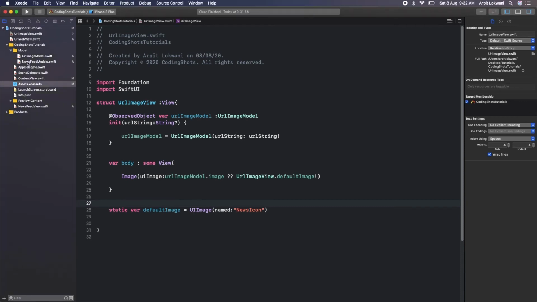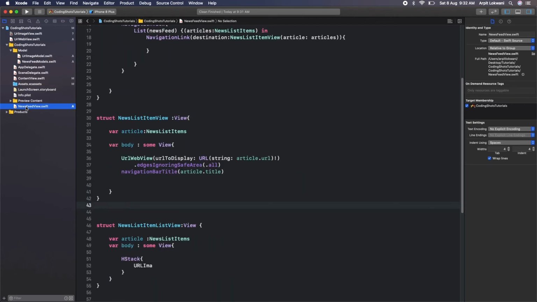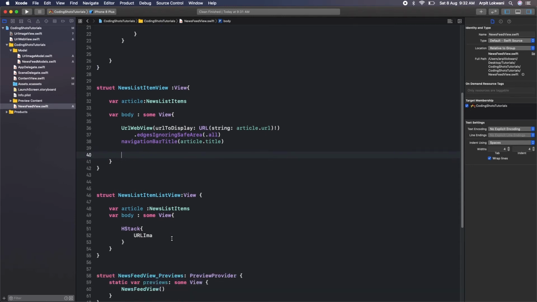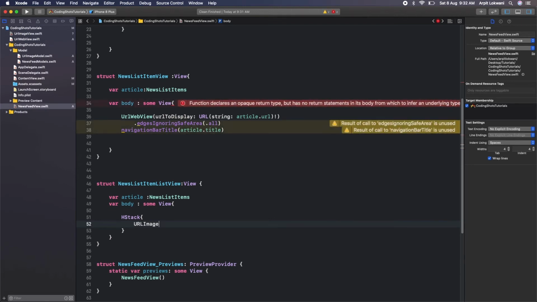So we can see now where is our UI feed view model, and one more is there, feed view. I will arrange it properly. So where were we? We have created that news list items. Now we are creating the items. So we can say image. Now we have created that image view, right? So we can say image view.